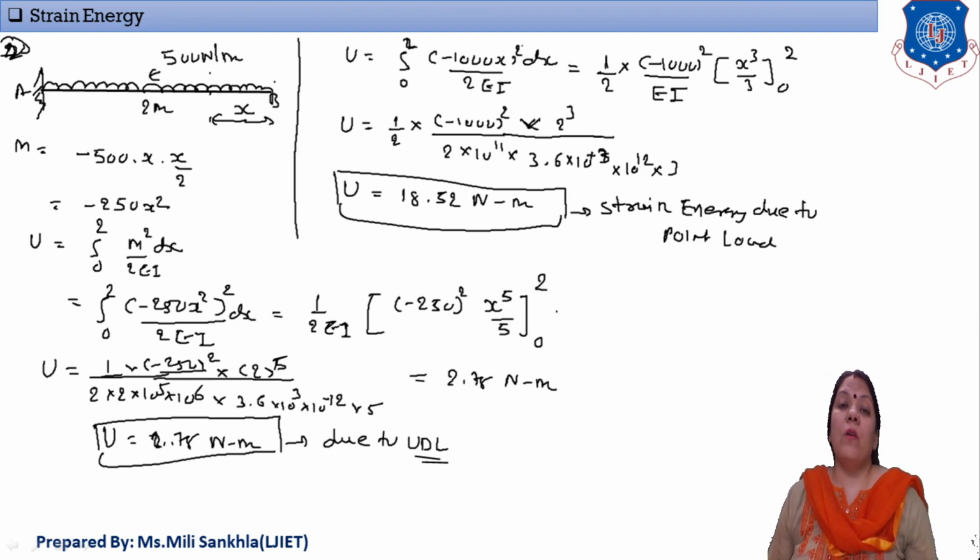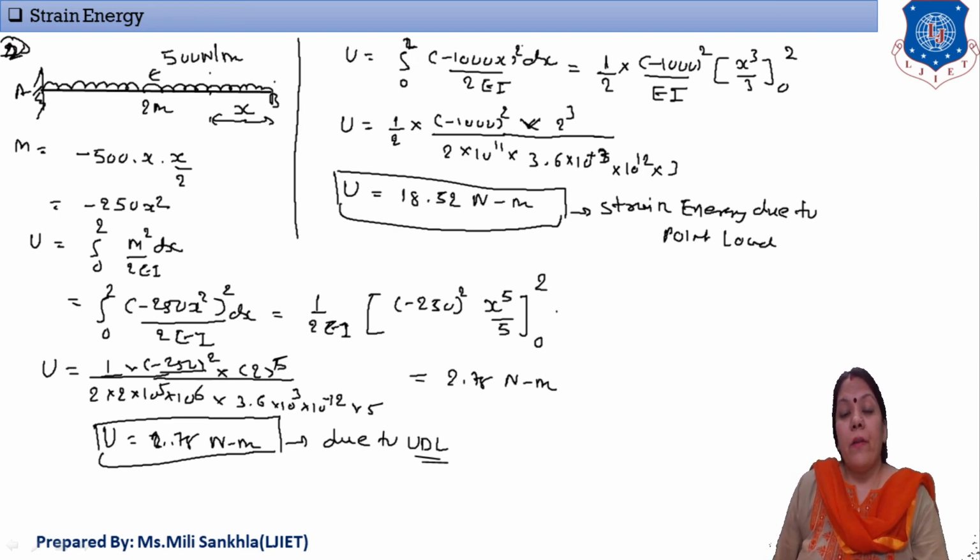Here our example is complete. In this example we took a cantilever beam, and in this cantilever beam, first of all we applied a point load, and then we applied a UDL load, and we made an equation of moment from the right-hand side. Simply, we converted the unit from mm to meter, because if I take mm, the value will be so high, and with the limit the calculation will be so lengthy. It is better to convert mm into meter. So here I converted Young's modulus and moment of inertia from mm to meter. In the next session we will solve another example. Just now we stop here.